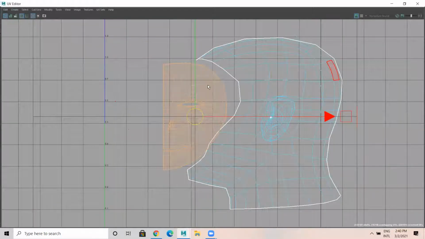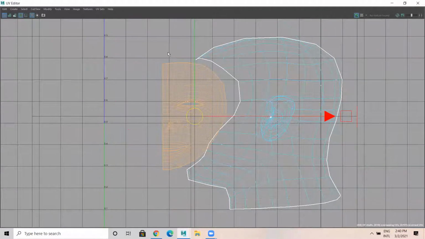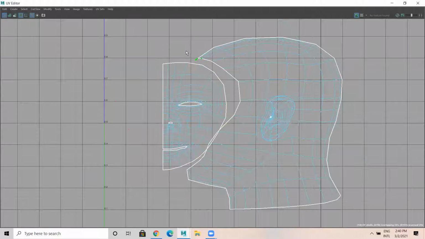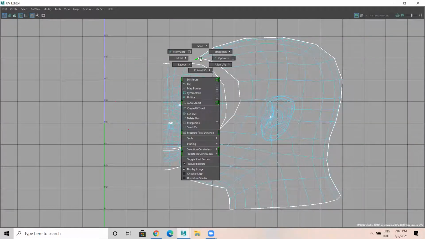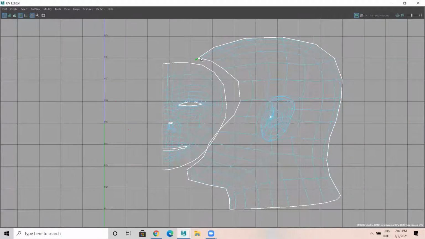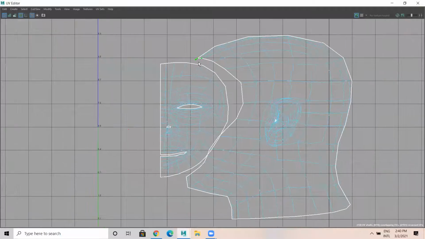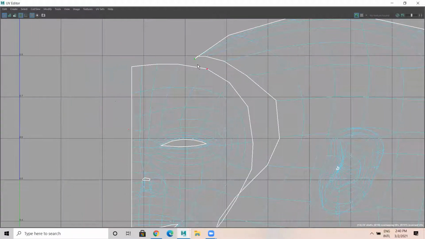Okay, now I'll come over here. I select these UVs. These are the UVs. So let me place these things here.